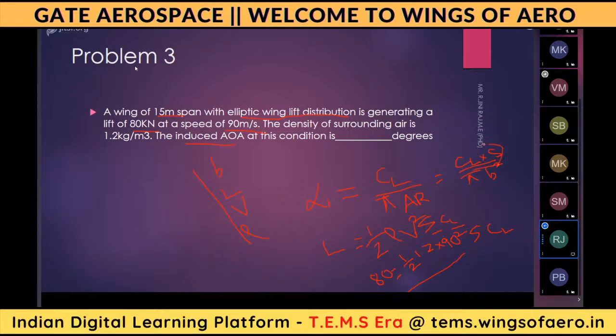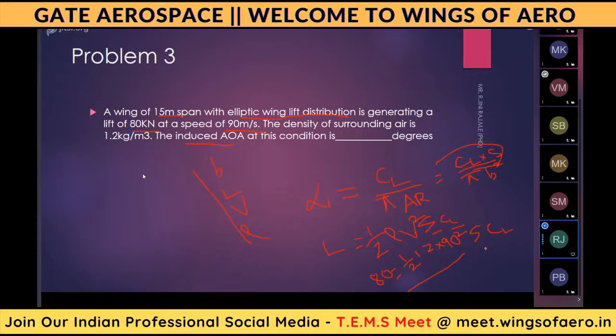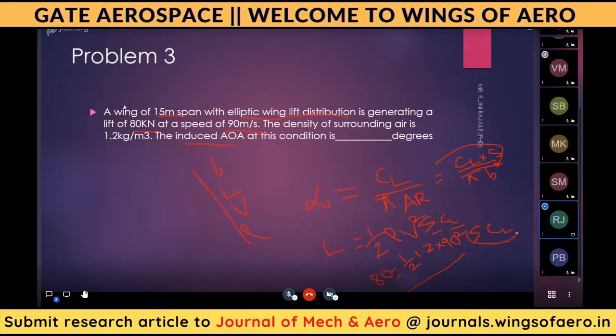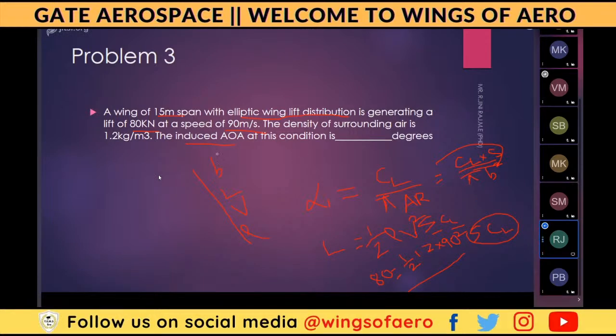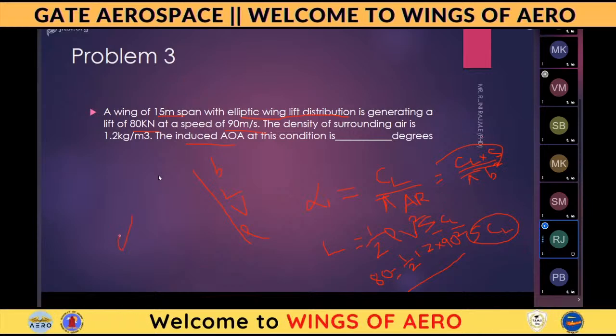Therefore, CL into S divided by pi into B square. So here also we will be getting the values for S into CL. Substitute the value for S into CL here, and now we know the values for B also. B square we know, that is 15 square. After substituting all those values, we will be getting alpha I equal to